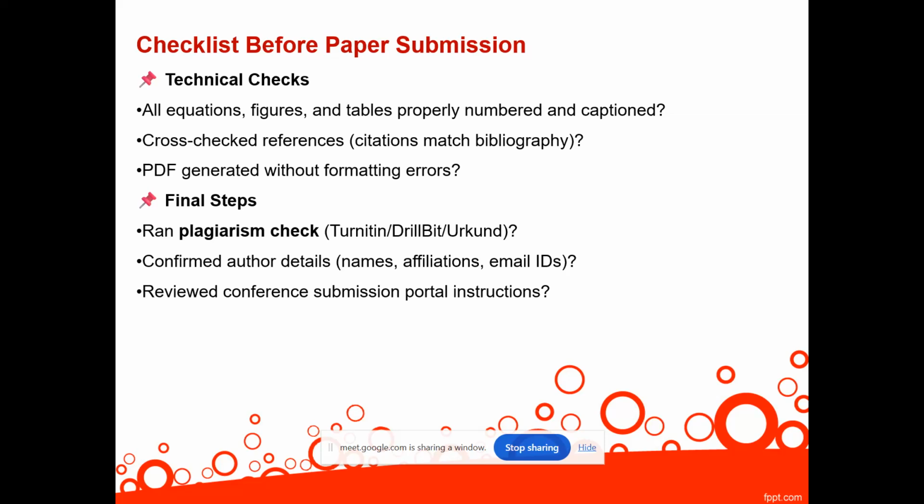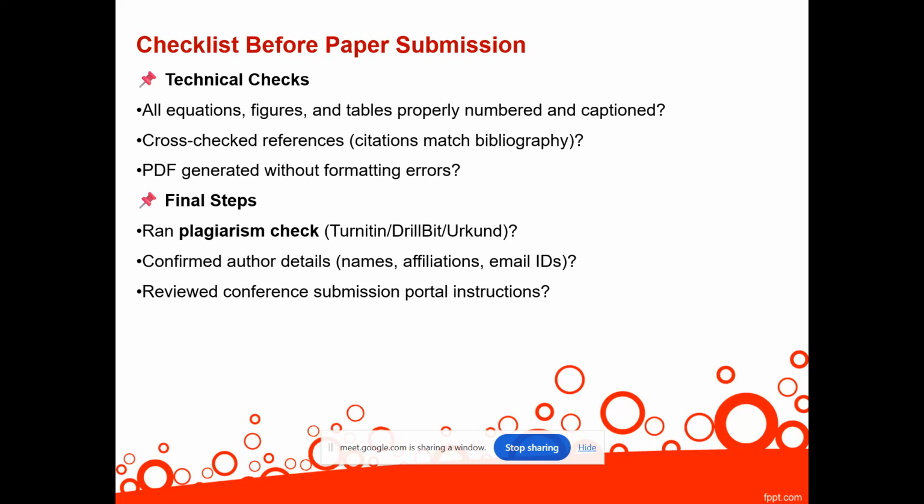That too, it is within the tools called Authenticate or Turnitin. Don't use any other tools. If it is Drillbit, then it will show even 2% or 1%, because Drillbit or Urkund will not give us such reliable outputs. So if you are using Authenticate or Turnitin, with 10 to 15% plagiarism and AI content, you can go ahead, no issues.